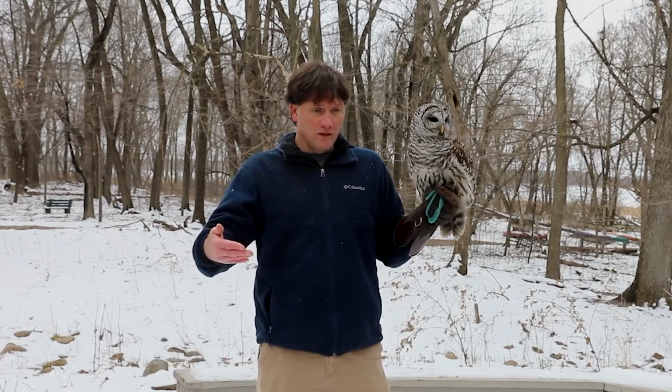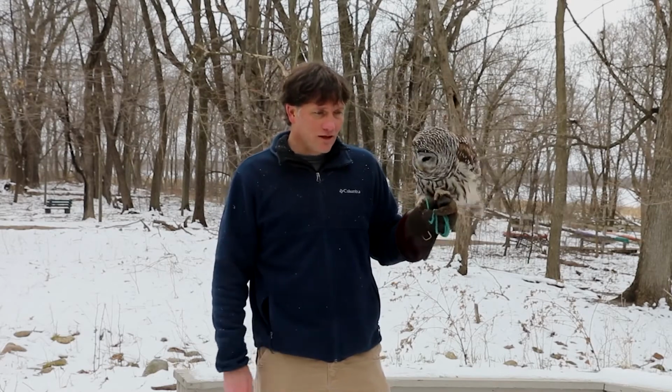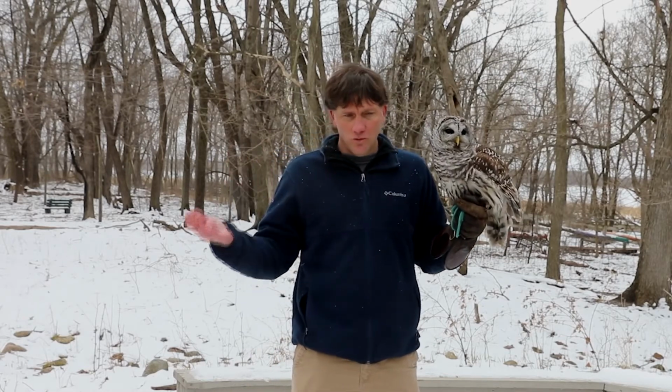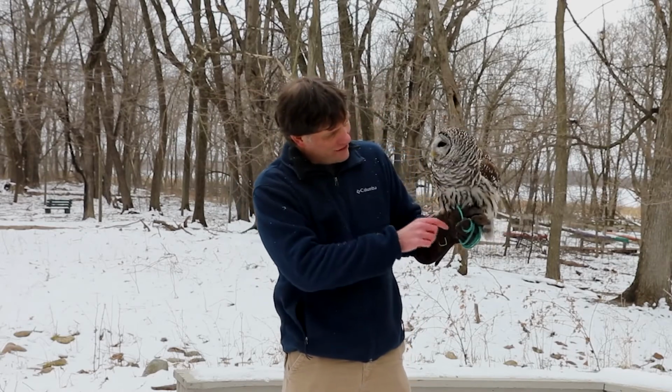Owls are slower, but they're also really quiet. That goes along really well with moving through the night. So they're not only under the cover of darkness, they're also coming in very quietly. Once they get to the animal they're hoping to eat, whether it's a mouse or a squirrel or a rabbit, they're going to use these talons down here